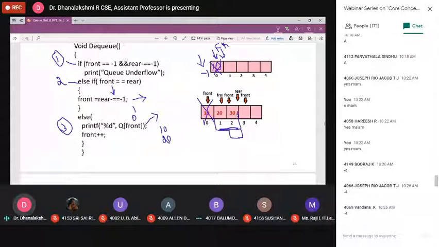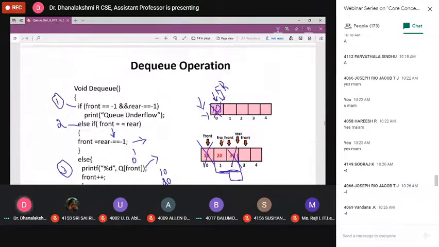Now, what is the condition? Now our front is here. Increment by 1. Again, call the DQ function once again. It is not empty. Now, what will be the case? This case is not true. What about front equal to rear? Now, this is the second case. This case is true, so it enters into this part. What do we have to do? Front equals rear equals -1. So after deletion, it makes our queue empty. Got it? Front and rear. Yes, this is the procedure for the deletion DQ operation in the queue.